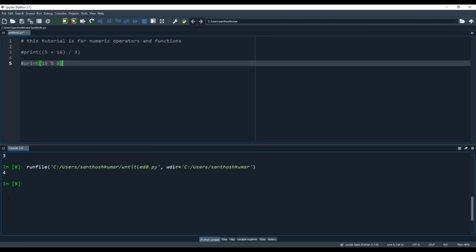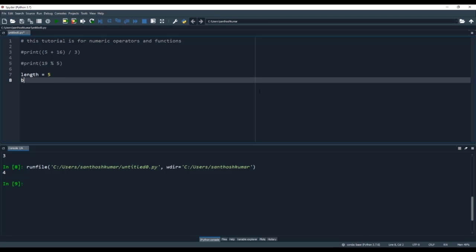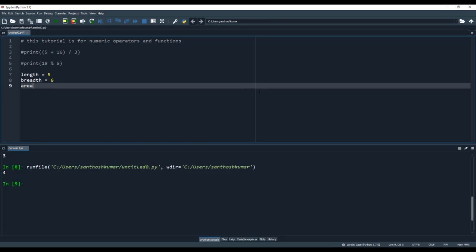Actually in Python you can assign values to variables. So here I'm going to show this to you. I'll put the variable length and assign it a value 5, and variable breadth and assign it a value, probably 6, and area is equal to length into breadth.